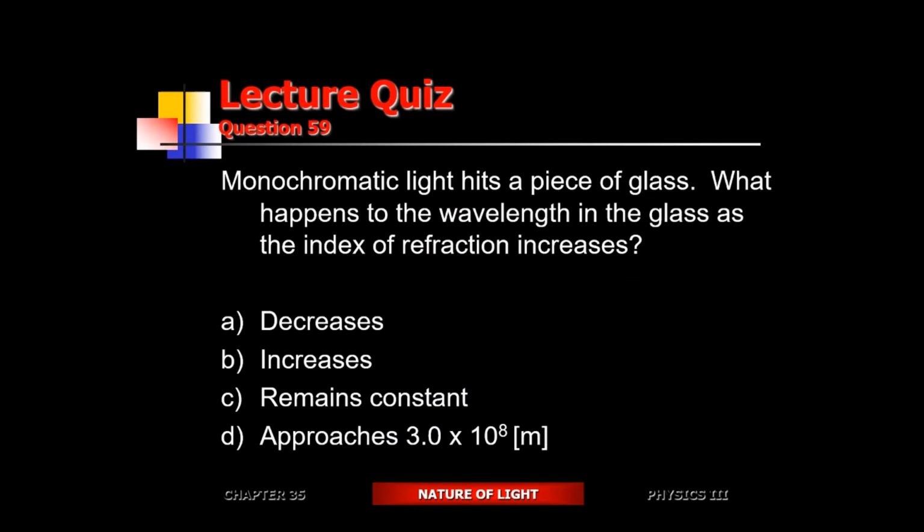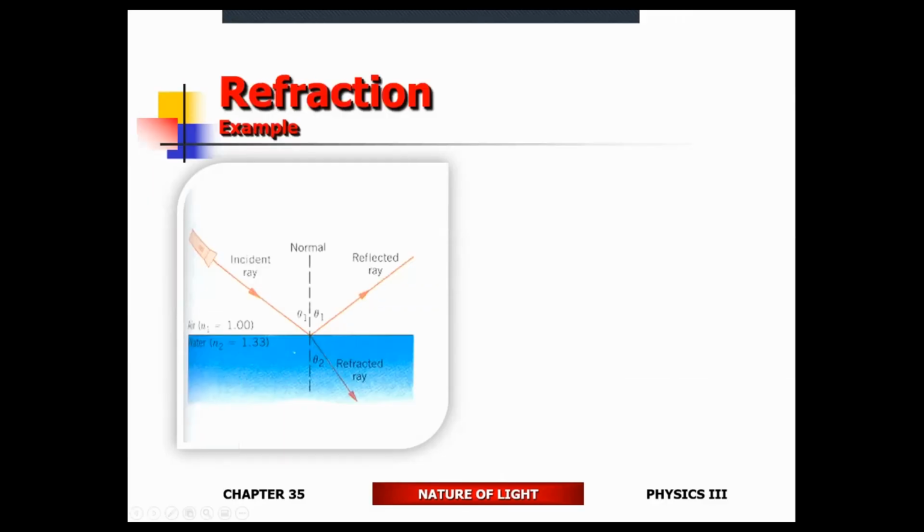All right, so we talked about it. So hopefully you caught it. Like, index of refraction increases. What that means is the light slows down. All right, the more the light slows down, the closer the wavefronts will be to each other. Which means that the smaller the wavelength is going to become. Is the best answer.